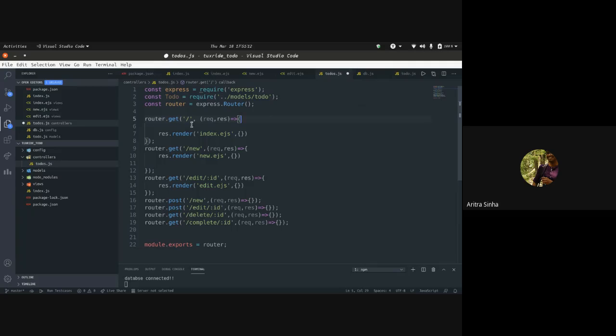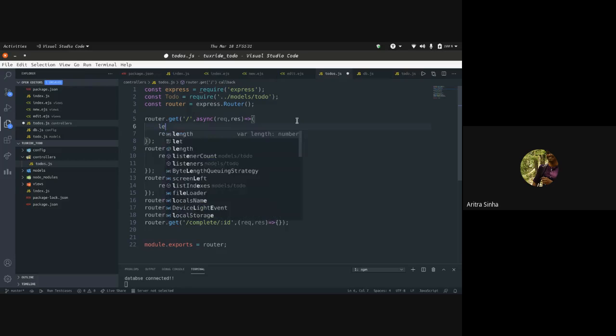Also, connecting and fetching data from the database might take some time, so we need to stop the execution of the program at a specific line. For that we use an asynchronous function, which will help us do something like that. I'll show you right now.